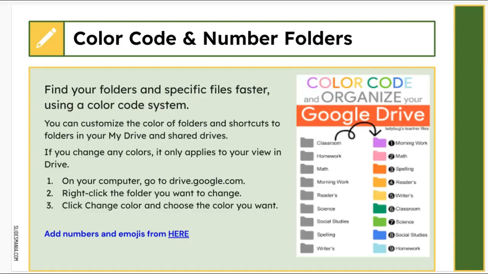Now that you're aware of how to create folders, drag, drop, and rename them, you can also consider color coding your folders. Some people like the idea of color coding because they remember certain topics or situations by a color. You might do that in your Gmail as well. You can also number folders. And if you really want to get fun and crazy, you can even use emojis. You would add numbers and emojis using the Emoji Encyclopedia, and there's a link below. It really depends on what you appreciate, but it's another option to consider.